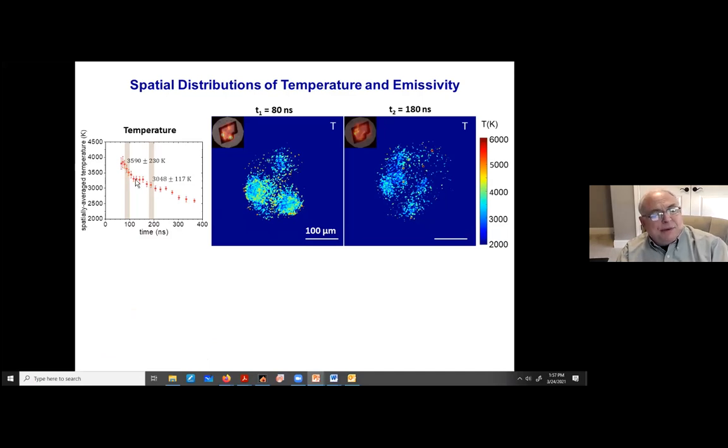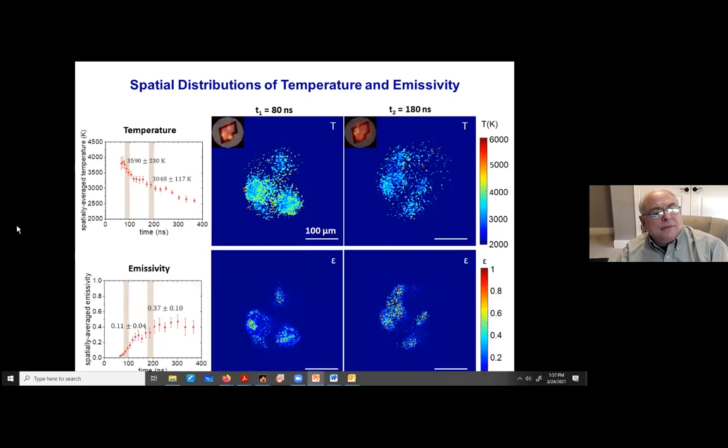And you can see that in the pyrometry. Okay, they're cooling down. Here's the emissivity measurement. And as time goes by, the emissivity is going up. That means you're getting more reaction. And you can see it here.